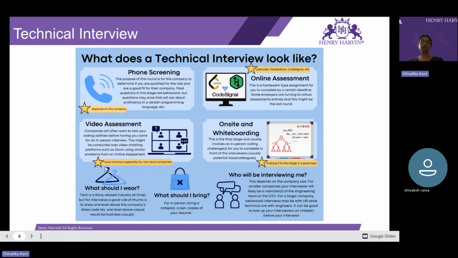First, the format of the round. It can be written, where you physically go to the company and write, or it can be online as well. Before the actual interview, some companies conduct online coding challenges, aptitude tests, or domain specific tests.